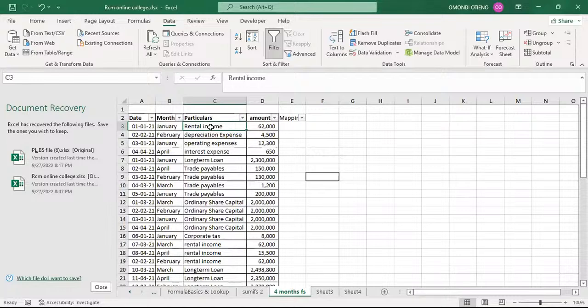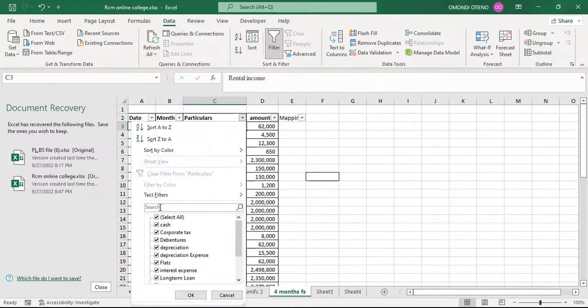So in all places that we have rental income, you want to change it to have a common name, either sales or revenue. And so come to your drop-down list here, and in the text filters, in the search section, just type rental,